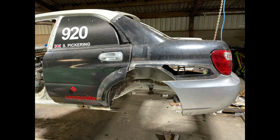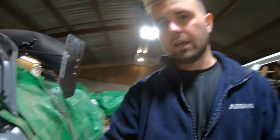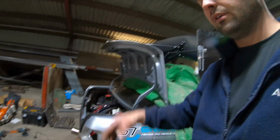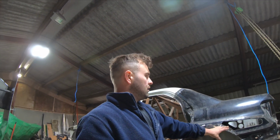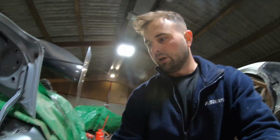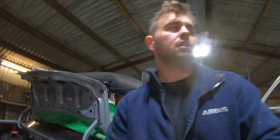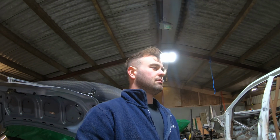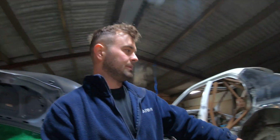Because I wanted to determine where this arch went, like the same as that side, but off the other side. To do that, I thought I need the back bumper on, because there's a little cutaway on the back bumper here, and it lines up with the piece in the back bumper. So me and Ash were like, should we just cut the bumper? Should we cut it like 160mm, this bit here,